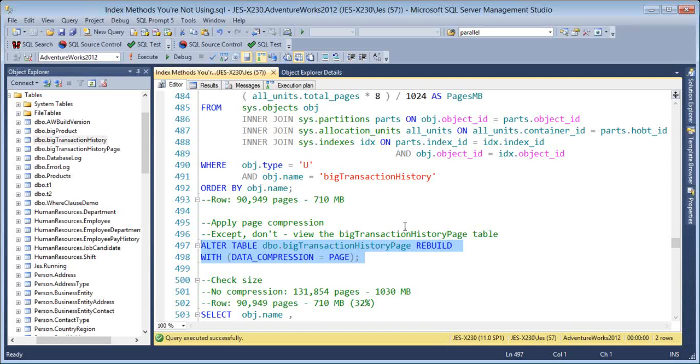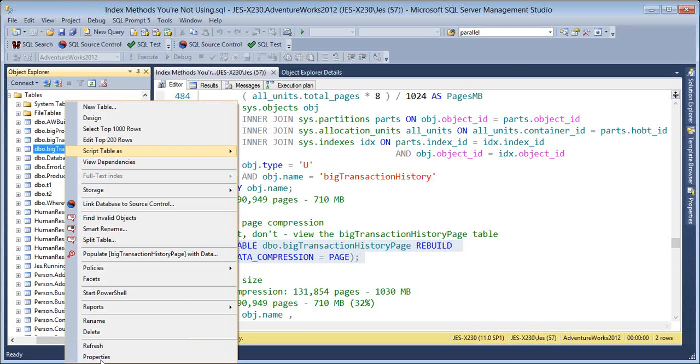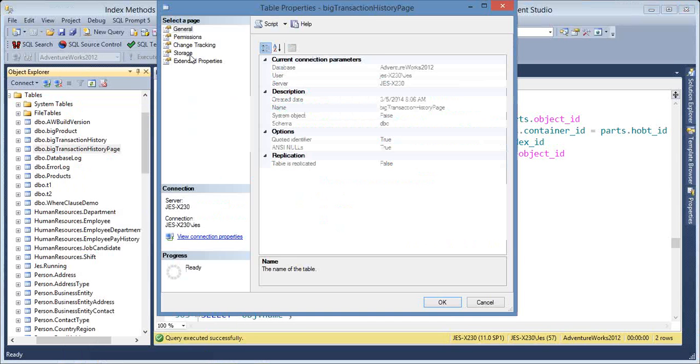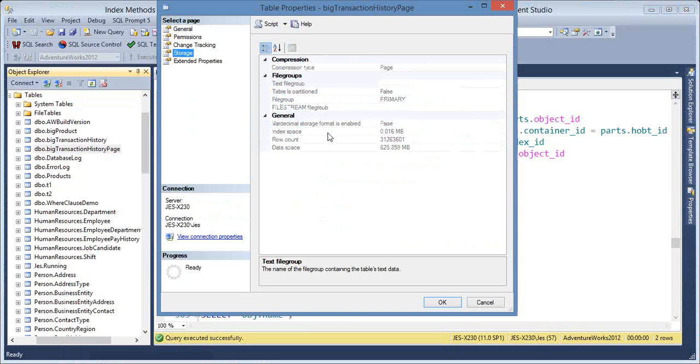I could issue an alter table rebuild with data compression equal to page, but we've already seen how much work it takes to compress a table. So I've already kind of pre-done this one. I'm going to go to my table big transaction history page, go to properties, and just show you the difference here. If we look at this, we have the same number of rows, and now our data is down to